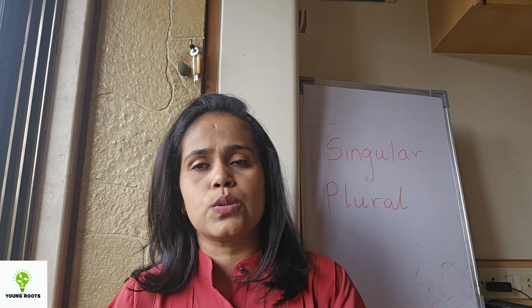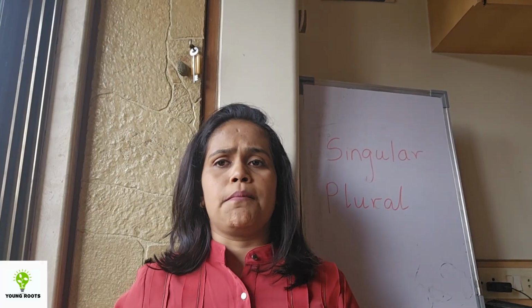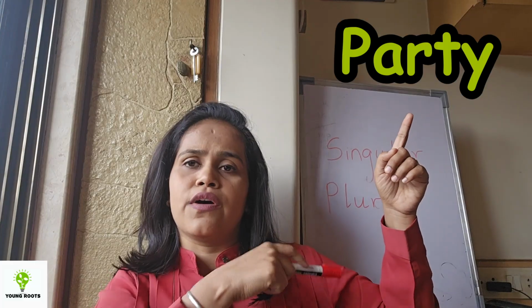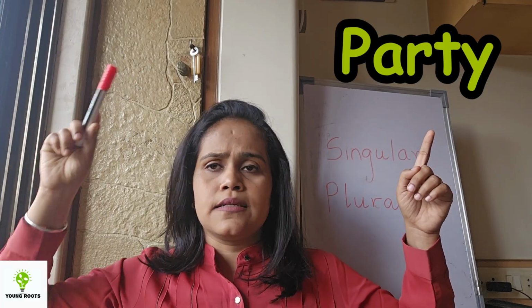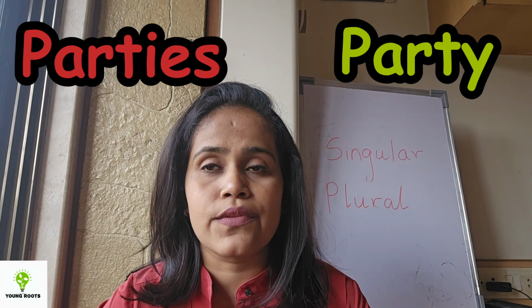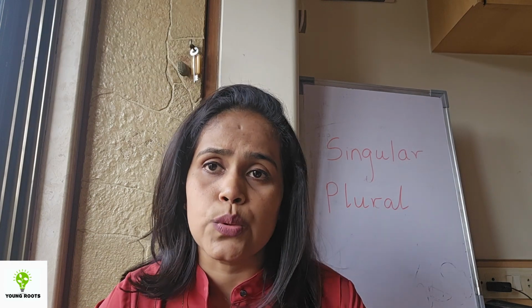Whenever you're putting the rules forward for the kids, be careful you put them one by one, not all together. Okay, so the word story. The next word, party, P-A-R-T-Y, party. Okay, it has a Y and it has a T before that, so you remove the Y and you will put I-E-S, P-A-R-T-I-E-S, parties. Got it? That is the way you do it when it is a consonant before a Y.